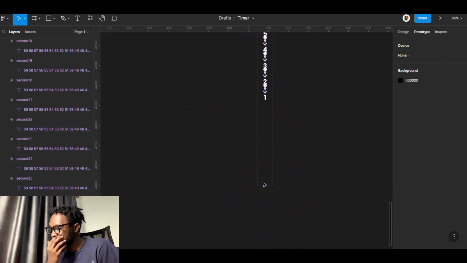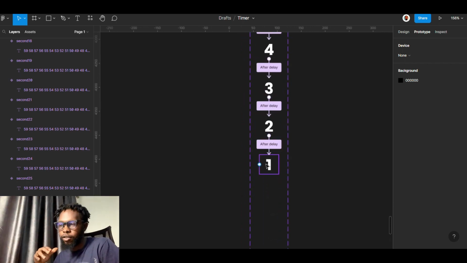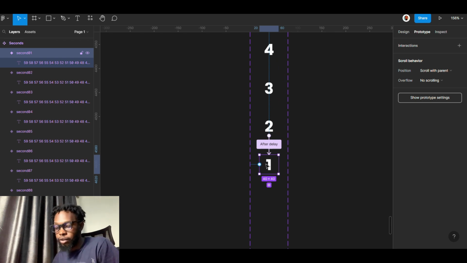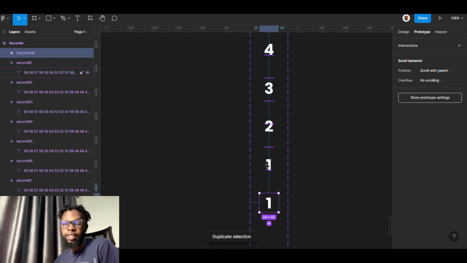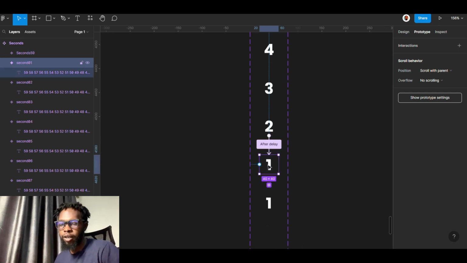So we successfully created prototypes for our seconds. What I want to do now in this instance is duplicate this one. We are not going to have a zero because in a digital clock, you don't see that 00 seconds. You understand? So from here, instead of having that after delay of 700, delay 300 milliseconds, or 800 delay 200 milliseconds, we can have